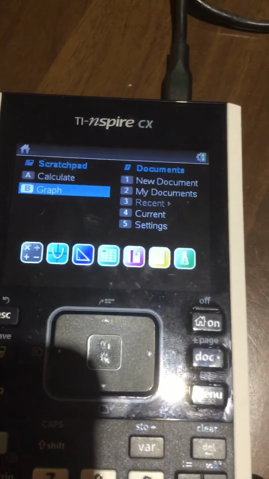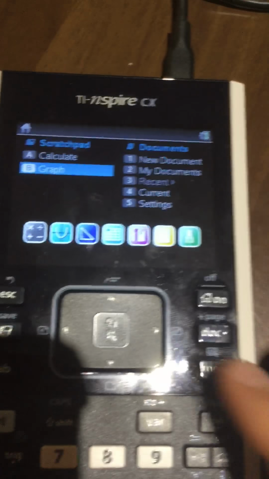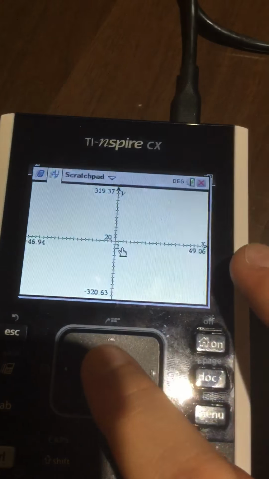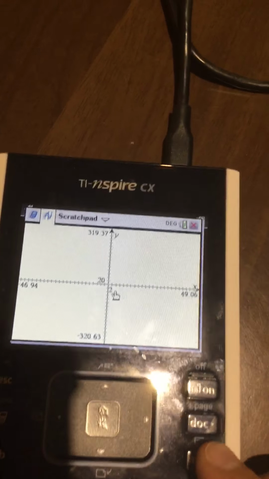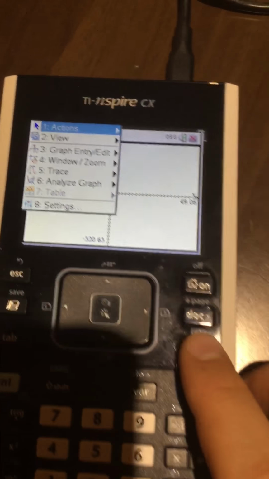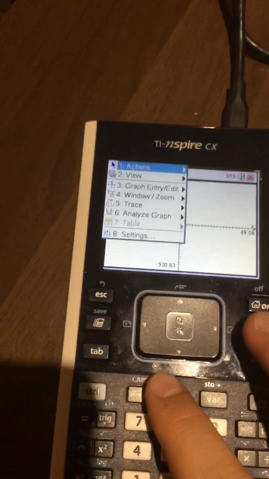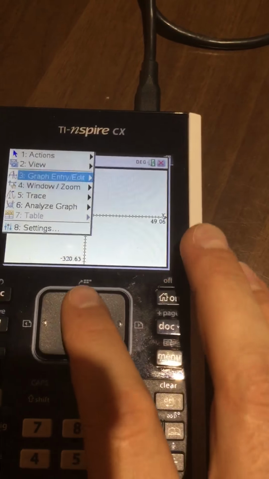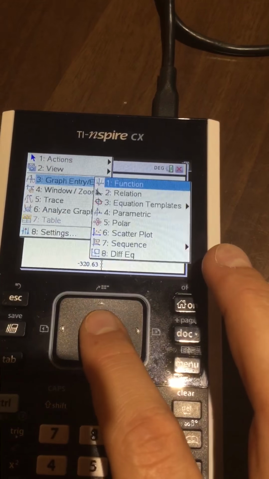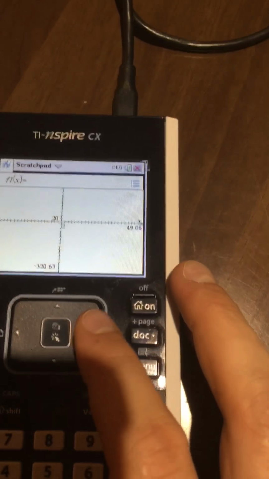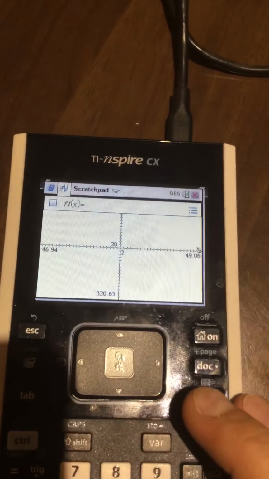And if you think about your graph, y is 0 when it's on the x-axis, and that's the roots. So we need to try and type this equation into the calculator. If you're not sure how to use one of these, go onto your graph function, go on the menu, sorry, not the menu, and you want to do graph entry. It's a function. So enter the function, so that's going to be y equals